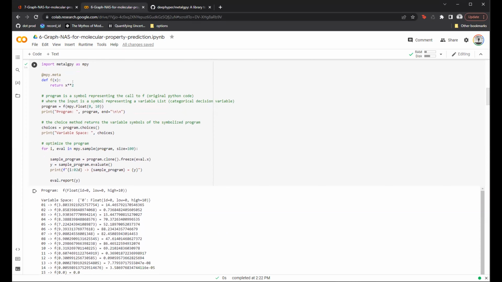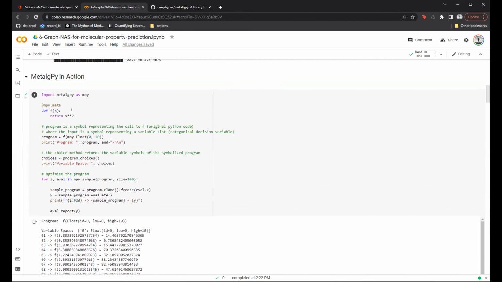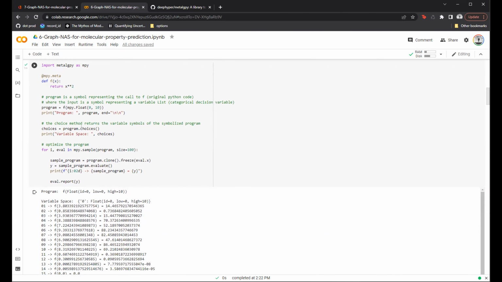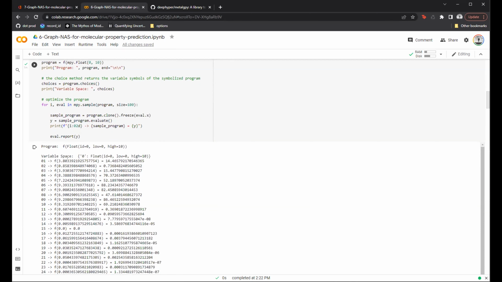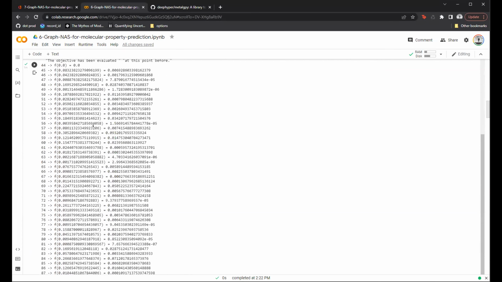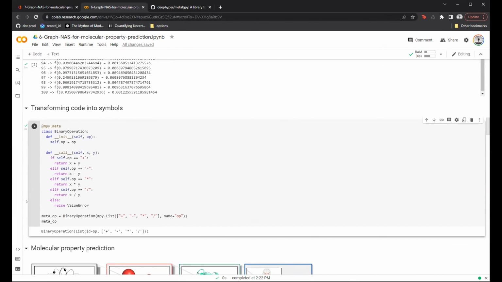So in this program, the function is a simple program. It again returns just the square of a given number, and you've created a program out of the set function, creating a lower bound and upper bound, and the program just shows you the possible choices of the symbolized program, and then using mpy.sample, you can optimize the program. So this was a pretty straightforward example I showed you on the slides, but I would show you another example